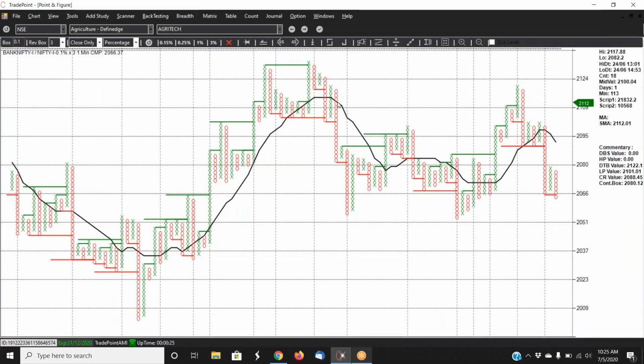As usual, I'll be talking about a lot of current charts. The first chart which I'm showing for the first time in this option stock series is a ratio between Bank Nifty and Nifty on an intraday chart. You'll see at the top left, here it is a 0.1% chart on a 1 minute time frame, which is always 1 minute on an intraday chart in point and figure charts.